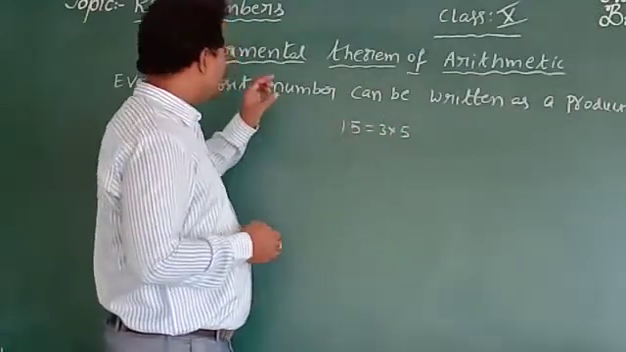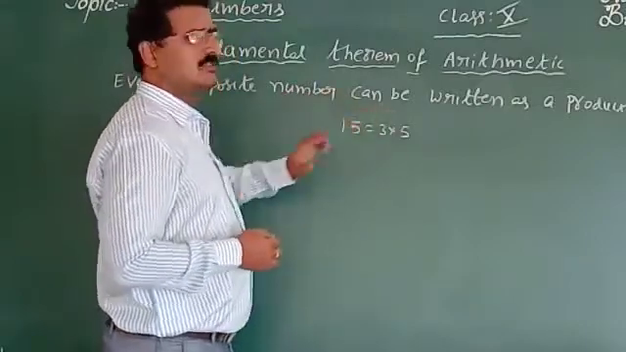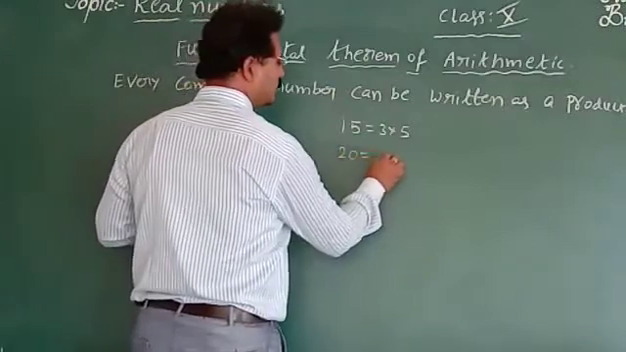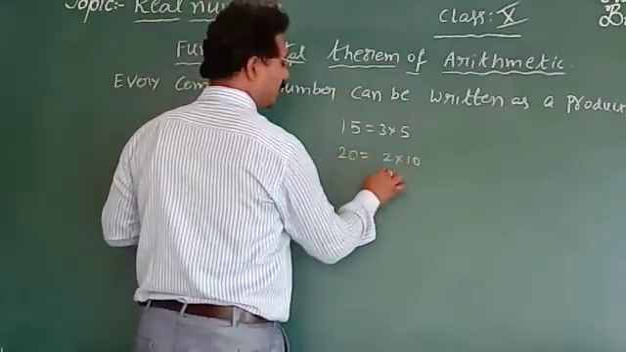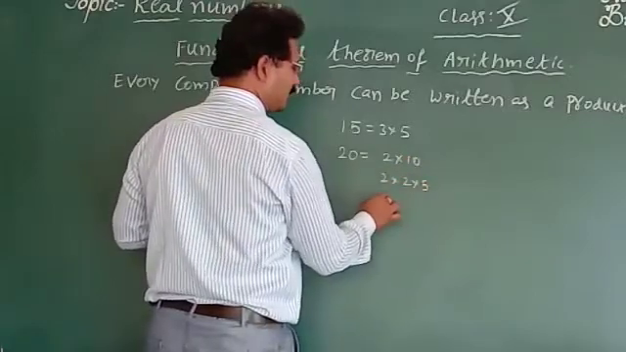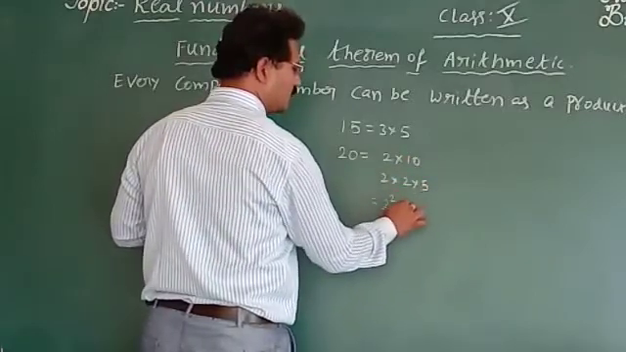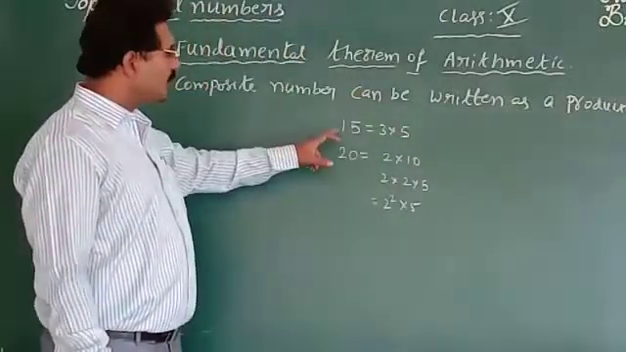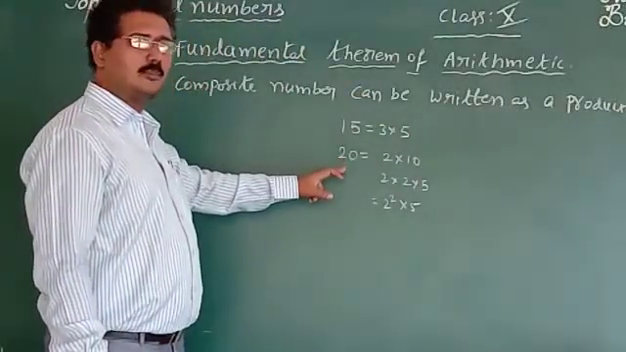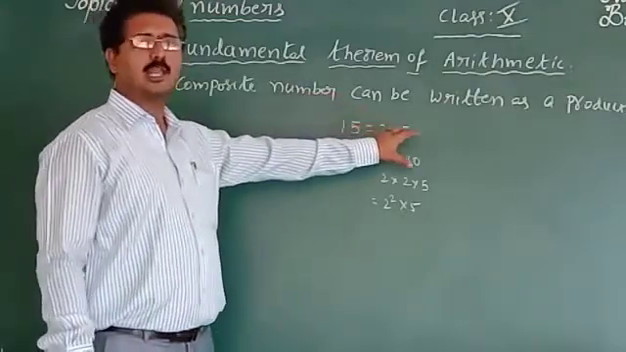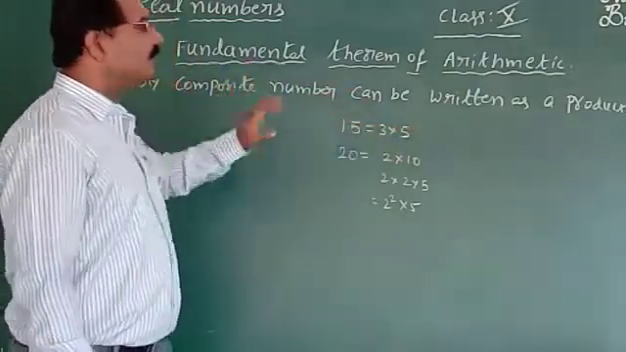So every composite number can be written as a product of primes. For example, take 20. 20 is equal to 2 into 10. Again, 10 can be written as 2 into 5, which is equal to 2 square into 5. So both 15 and 20 are composite numbers, because they can be written as a product of primes. So that's why the fundamental theorem of arithmetic